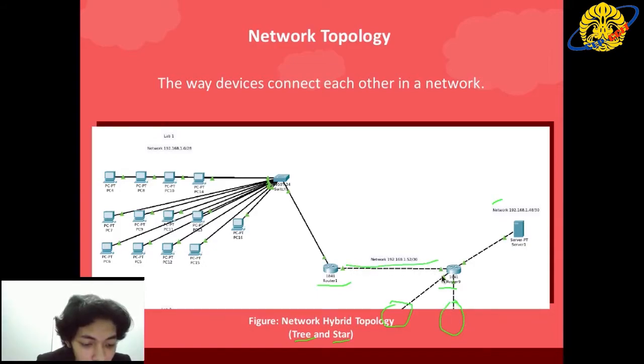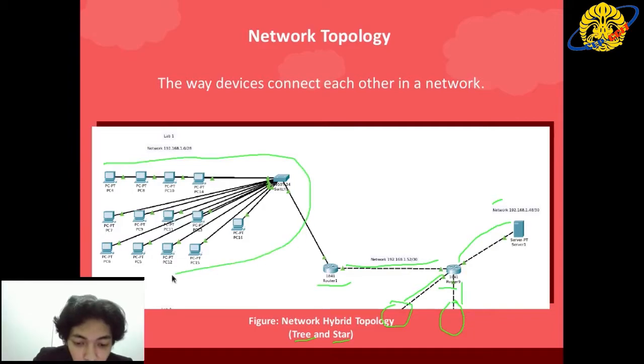We call it a tree because it has nodes and branches from one source, and this part we are calling a star topology because the clients are connected to a single dedicated hub or switch. That is why we call it a star topology.